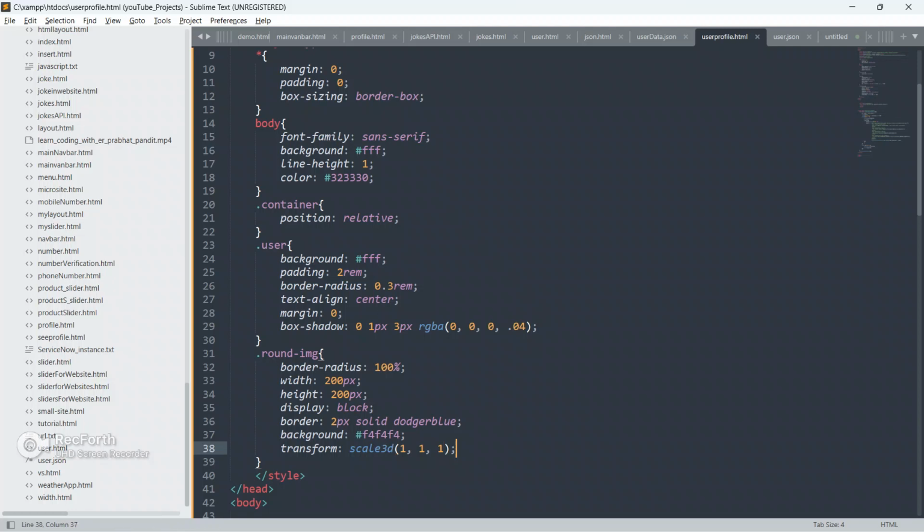Okay, and give padding as 1 rem, give transition all 0.3 sec ease. Okay, so now